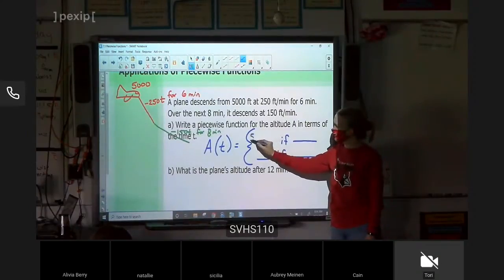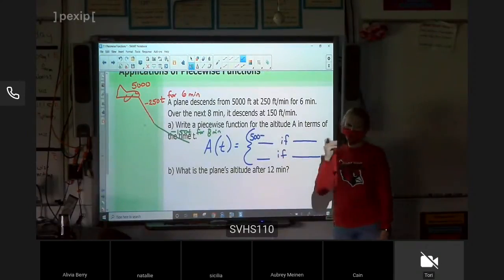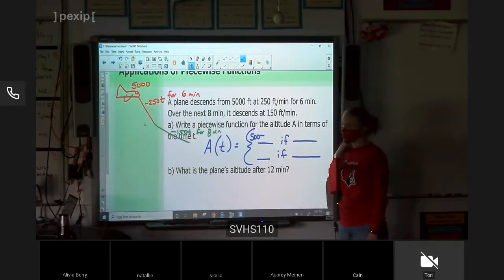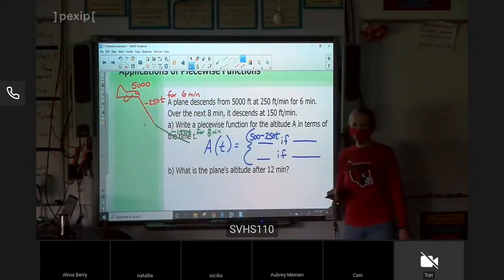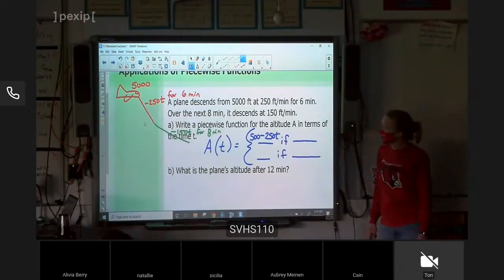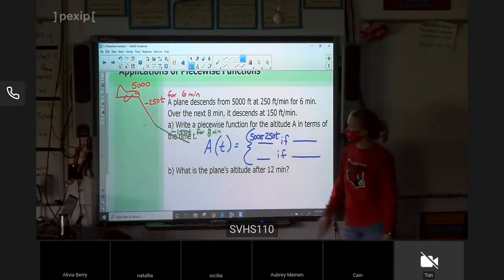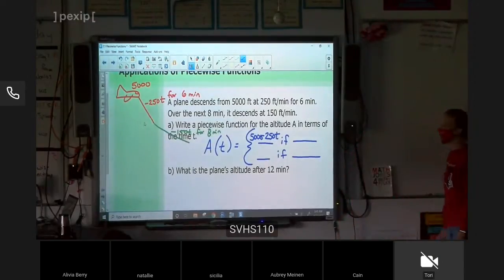5,000 feet. That's easy enough. And we're going to descend. So we're going to subtract our height, 250 feet per minute. So that's our time. Do you want to add the extra 0 on the 5,000? Oh yeah, I should add the extra 0 for 5,000. Here we go. We don't want to start at 500 feet and descend at 250 feet per minute for